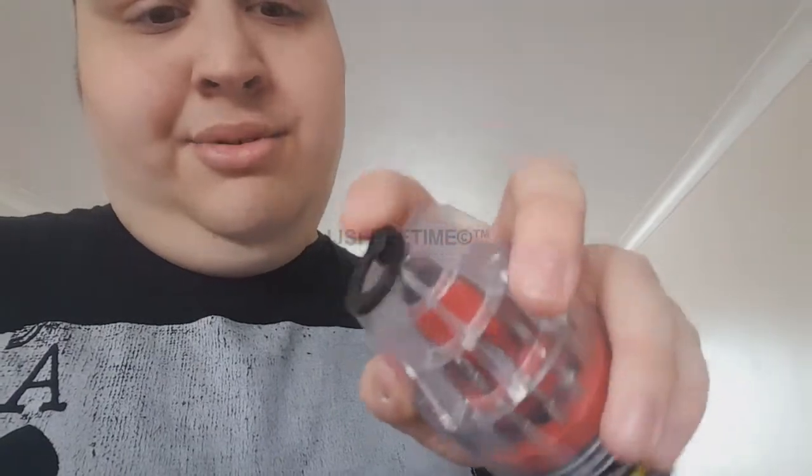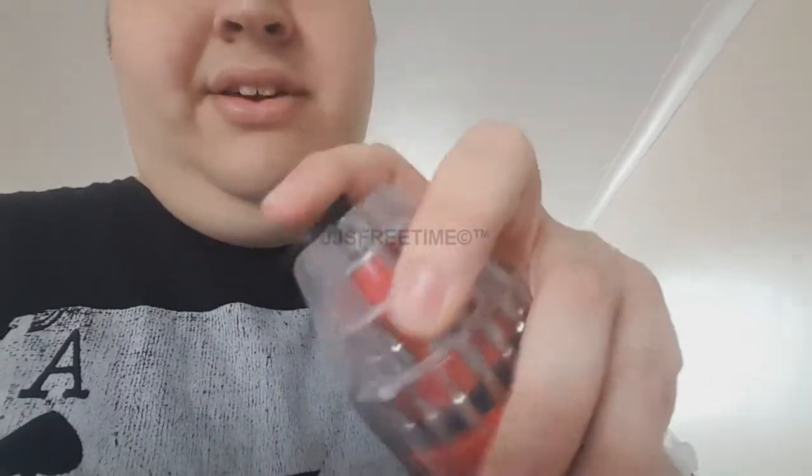I got some DIY time screwdriver kit thing, because the other one was falling apart and I didn't want to risk it. I think that was a faulty one, because this one is much better. I actually had a look at it and it looks better, and the moulding on the top was absolutely disgusting. And this one is actually better. It's got a little handle on it, which is what it originally had, which is good. And yes, I managed to get some more shampoo right here. I got some of the for men stuff,